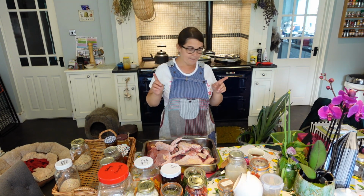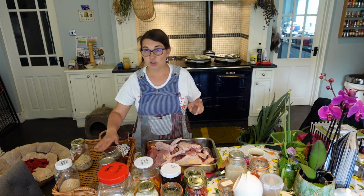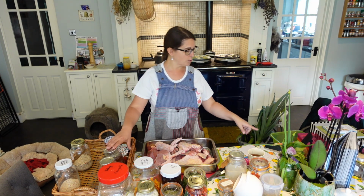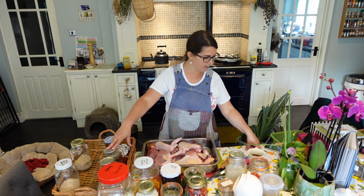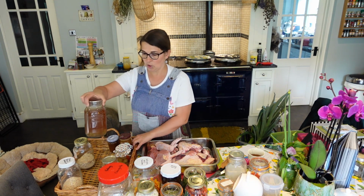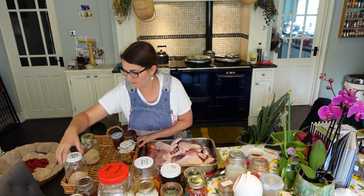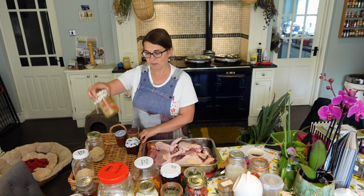Next, what we've got from the pantry, we've got the turkey stock, just in case the soup is not going to be ready and I'm going to do the curry and we might need turkey stock, so I've got the turkey stock in here just in case. We've got steamed tomato and stewed tomatoes and vegetables. We've got pickled onion,